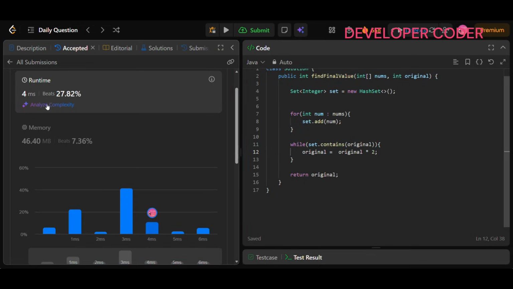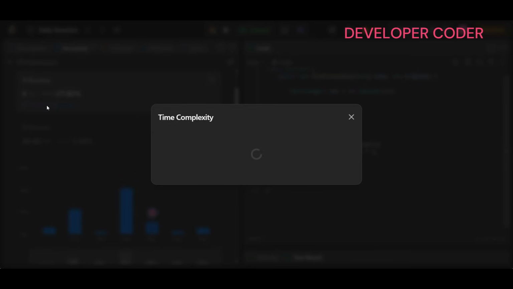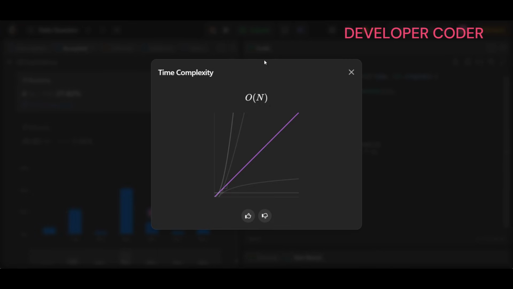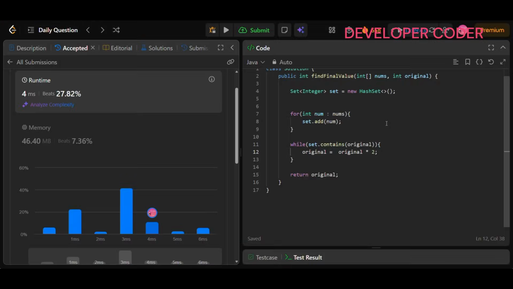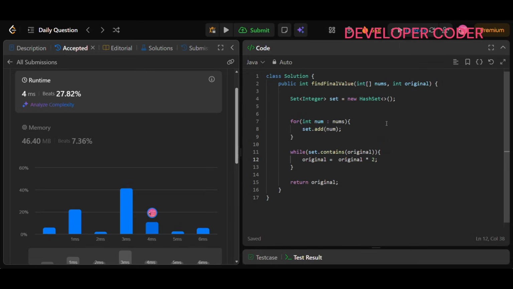Now if you see the time complexity for this, you are going to get O of n now, right? So I hope that you guys are able to understand both the approaches, and if you guys still have any doubts, then